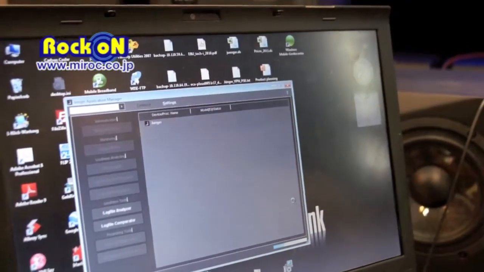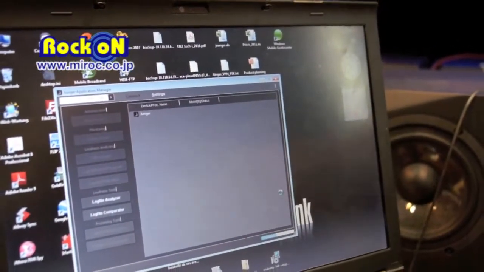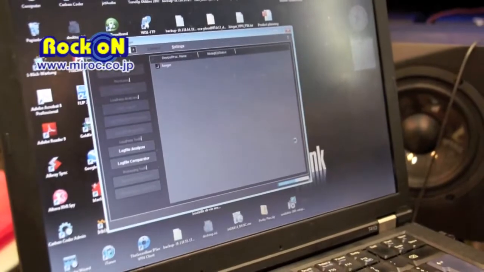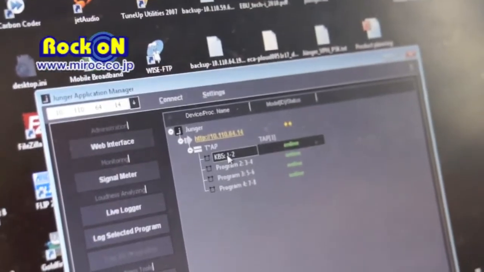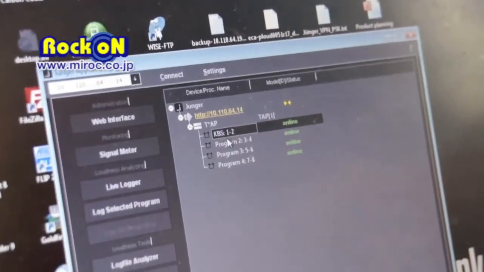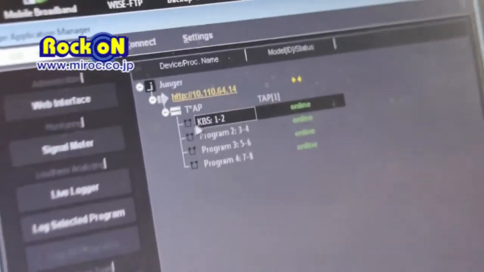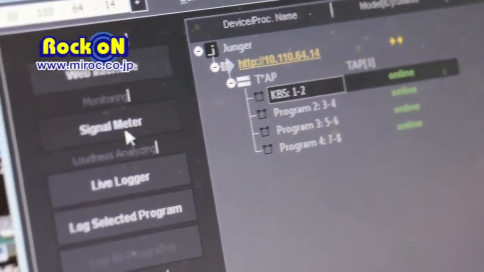So it needs a little while. And now it's available. So I can highlight one of the 4 stereo programs, and it offers me now to